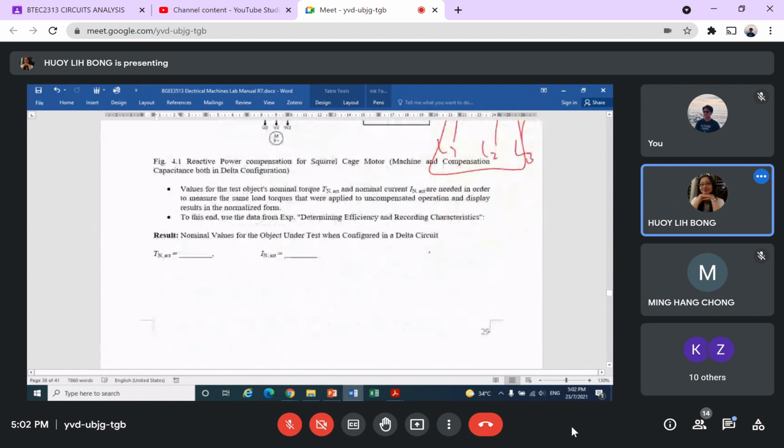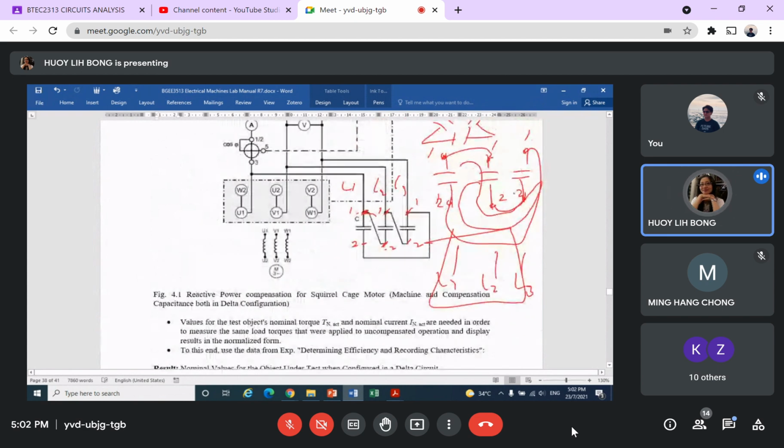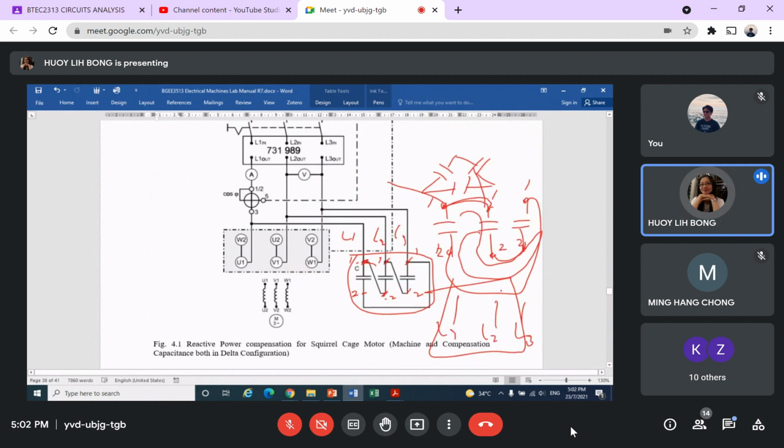If we connect like this, then line 1, line 2, line 3, you have to rearrange a bit so that it doesn't short circuit. Because if it looks like that, 1 to 1 here, and I also connect line 1 and line 2 here, it is a short circuit. Correct or not? So I cannot do that. If I want to change the connection, it is possible to do like that, but the lines 1, 2, 3, you have to